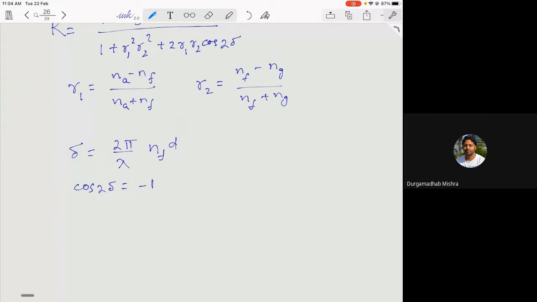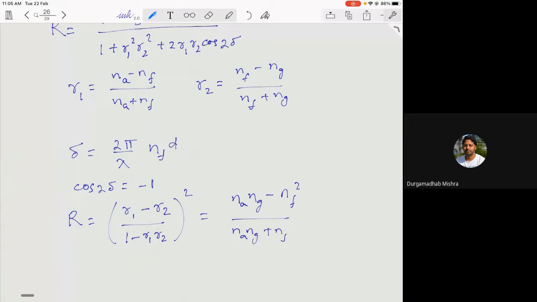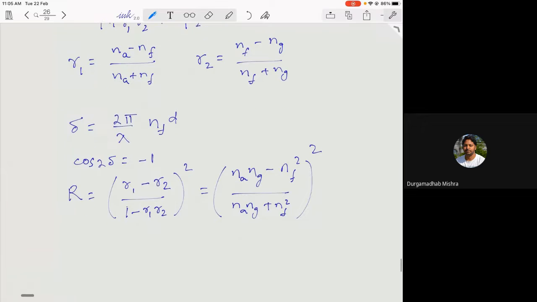That means your reflectance would be ((R1 minus R2) divided by (1 minus R1 R2)) whole square, which, replacing the values of R1 and R2, gives the expression ((Na Ng minus Nf square) divided by (Na Ng plus Nf square)) whole square. And